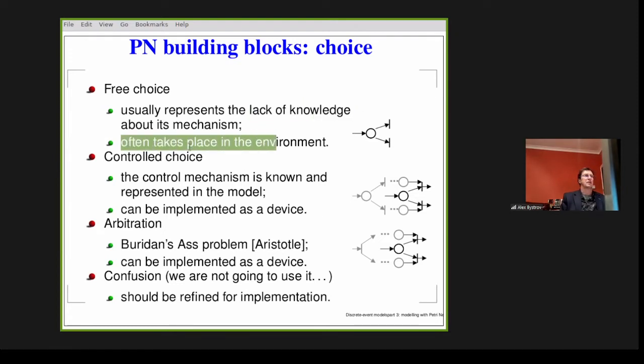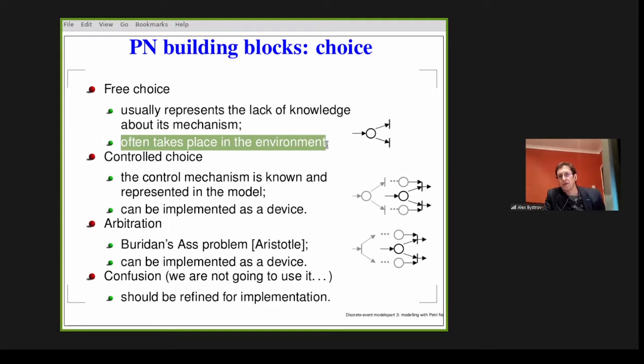It often takes place in the environment, right? The environment may be such that we just don't know how it operates. There's a very clever thing sitting there, for example, a student, right? And the student makes a decision. But the system is a stupid thing. It's an electronic device, and its business is to do one action or the other, depending upon what button the student presses.